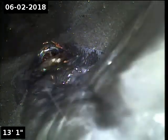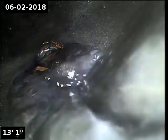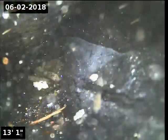So you can see it's actually filling up the entire pipe. And so our camera is about to go underwater. There you go. So the line is clogged and backed up. We have a lot of debris in there. So this is going to have to be snaked